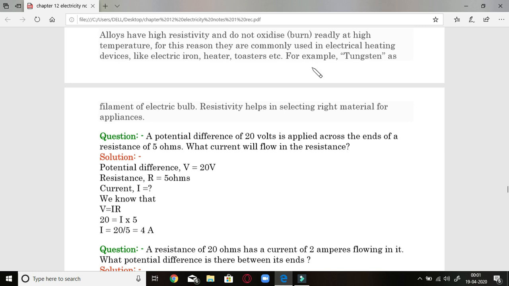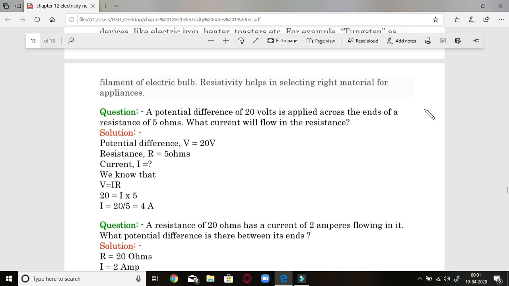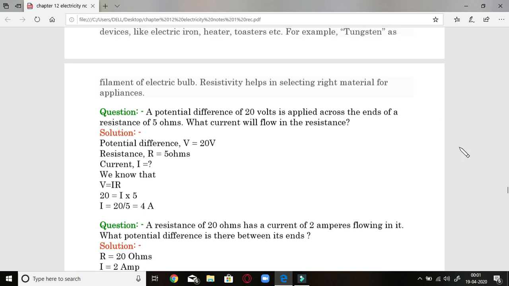They do not oxidize or burn out at a high temperature. For this reason, they are used to make electrical appliances like electric iron, heater, toaster, etc. and the filament of the bulb. So students, this really matters whether we are making a conductor or a resistor. In an electric iron, heater and toaster, what we need is heat for various purposes. This means that we need more resistance in them. For higher resistance, the wire used will always be thin as well as longer.